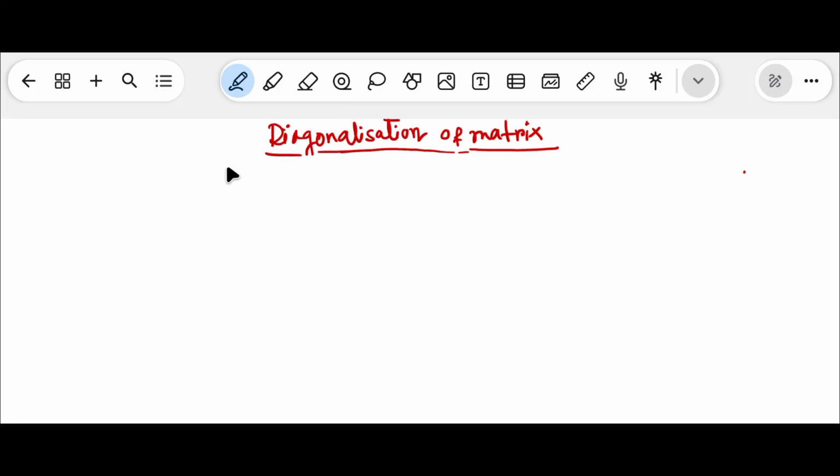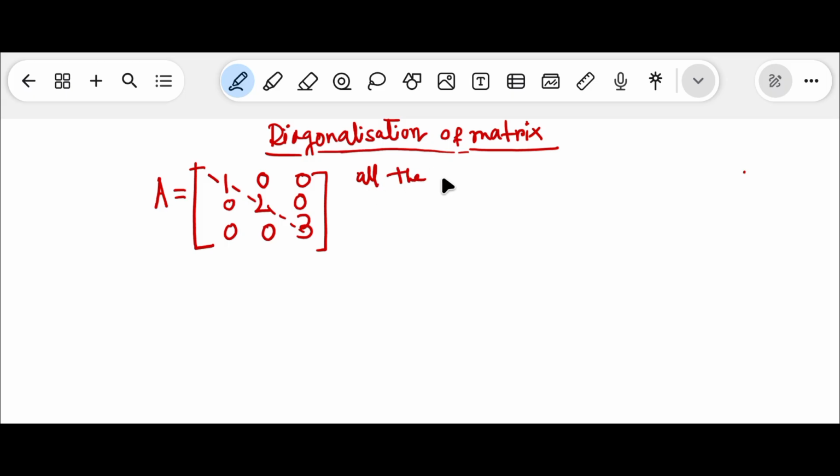Okay, so students, let us start today with diagonalization of a matrix. For that, let us discuss first what is a diagonal matrix. Suppose if I write a matrix as this, in the diagonal we have non-zero elements 1, 2, 3, and the other elements are all zero. Then it is called a diagonal matrix, as only in the diagonal we have non-zero elements. Therefore, the definition of a diagonal matrix, we can say that all the entries